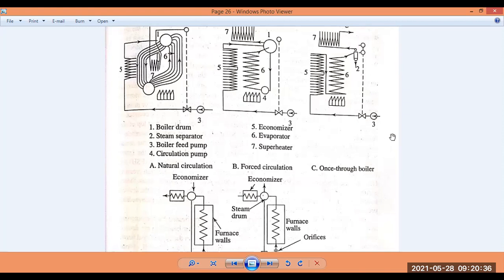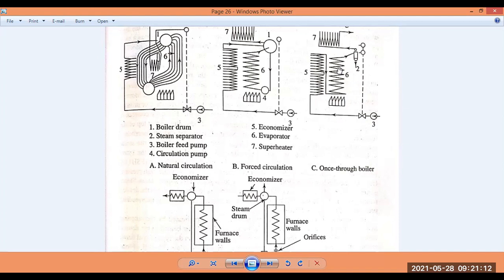Here, we are using this superheater critical pressure system. This is called a once-through boiler, where the water comes through here. Here is the pump itself, the boiler feed pump, with a particular valve. It goes here totally to the economizer, and in the economizer it is already heated from the flue gas itself. Then the water goes back to the boiler where it is immediately converted into steam itself and goes out from the